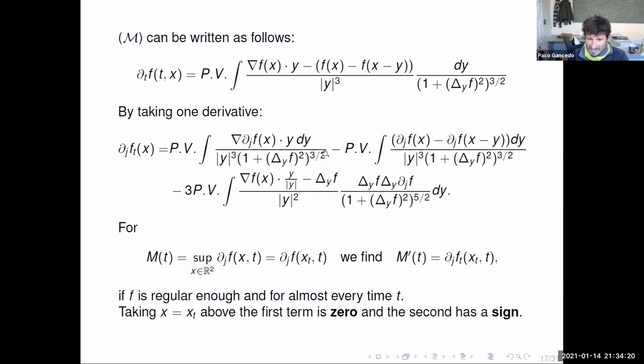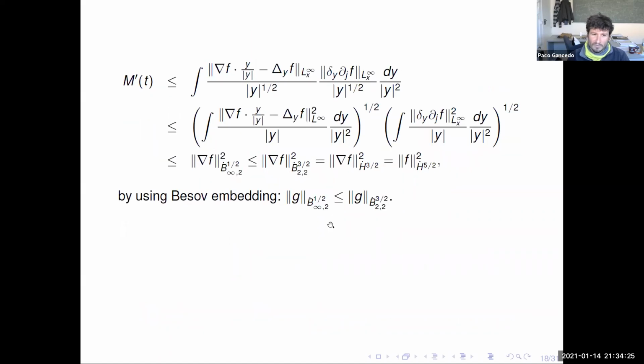Okay, so I have a term with a sign, I have a term that disappears, and then a term that I can bound. I'm going to show you the bound of this term. So one thing disappears, another guy with the right sign, and then the bound of a quadratic term. Believe me, please, it's not a difficult computation that you have something like that. It is evaluated at the maximum. I'm going to do L infinity. It's evaluated at xt, where the derivative takes on the maximum value, but I'm going to take L infinity. Okay, I don't care anymore about the point. I'm going to take L infinity.